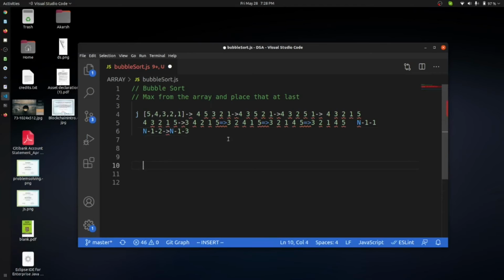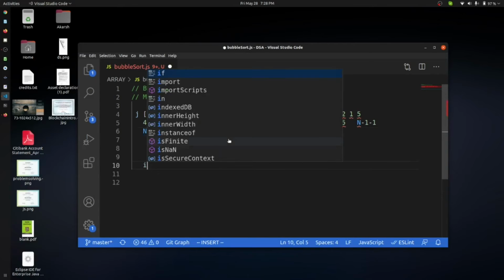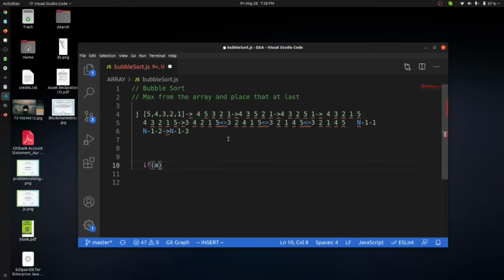So what is the code? Firstly, we can say that if a at j is greater than a at j plus 1, we have to swap them. We will use a temp variable just to do that. We are doing this because the whole array is moving in j.